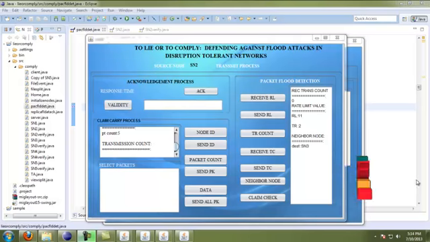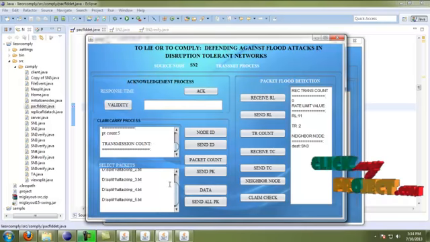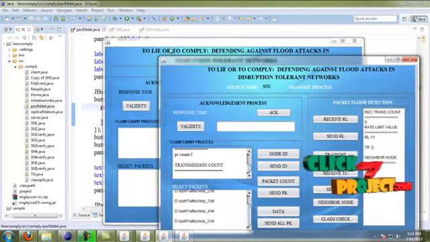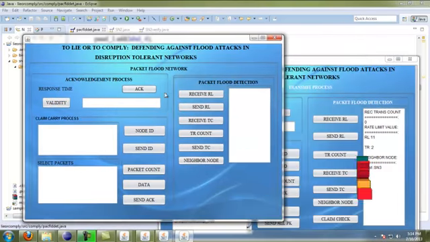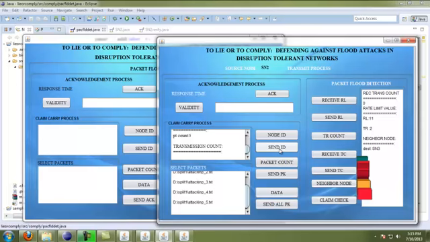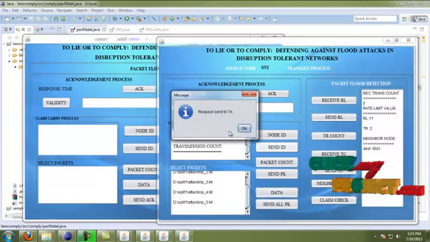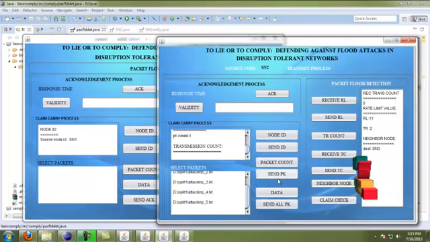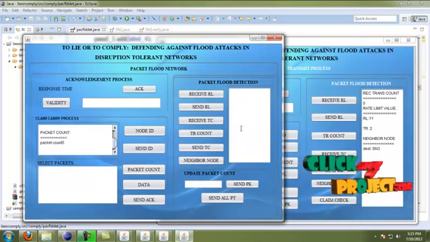Here, by clicking data, the SN2 source node data are stored in the claim carry checker process. Here, to evaluate malicious node behavior, we have to run the packet flood detection.java. We have to detect the packet flood. Here it is considered as an attacker, so that in the intermediate SN3 the attacker is incoming, and the ID is retrieved from that attacker. By clicking send ID, the node ID is received, and by send packet count, the packet count is also displayed,